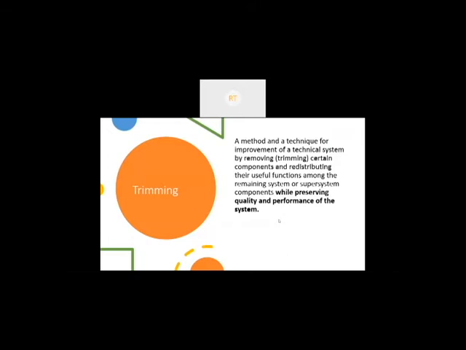In this case, a rat trap, for example, the basic function was to stop the mouse or to hold the mouse. So any component that is performing the basic function is extremely important, and all the components which are not doing the basic function, those are to some extent a flab on the system. We can kind of do away with it.